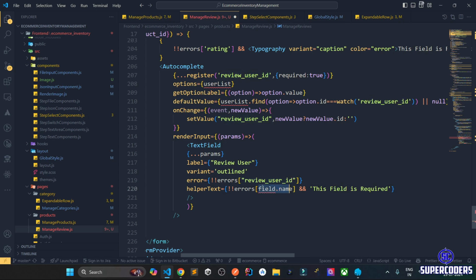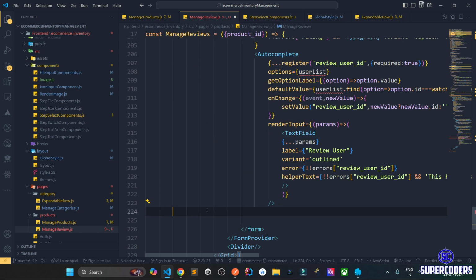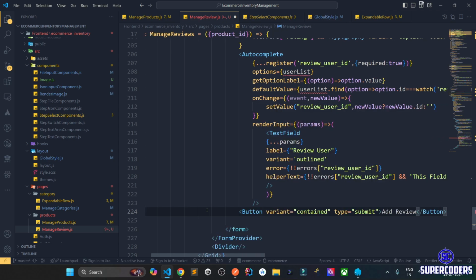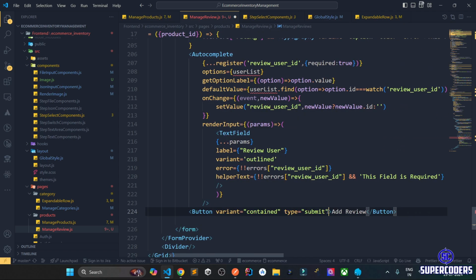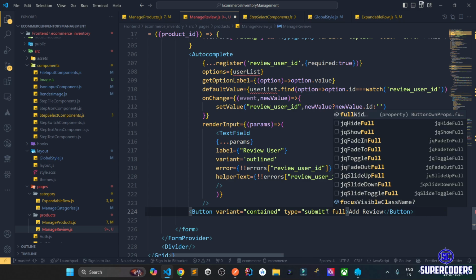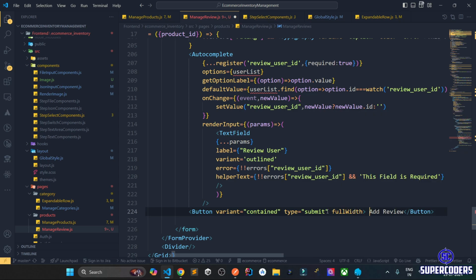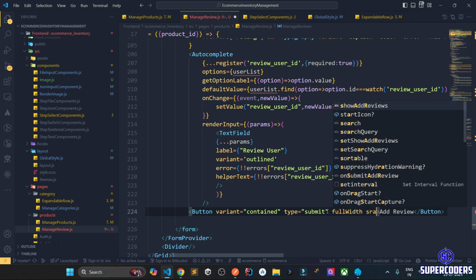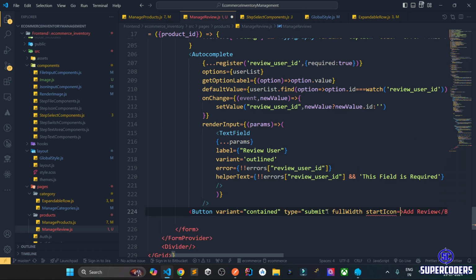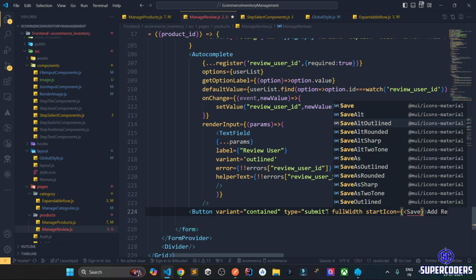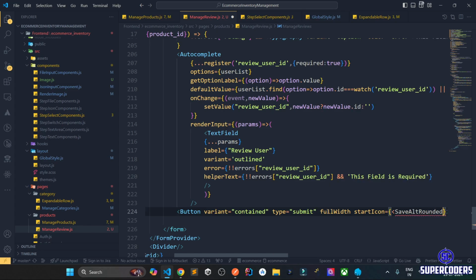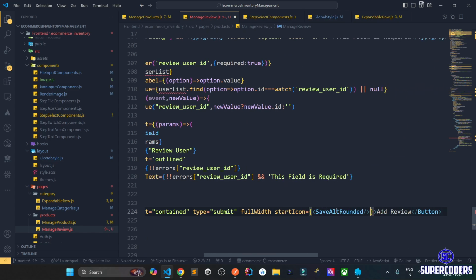And there also, let's register this state and also add a button. Submit, add review, full width, with start icon, save alt filled. After that,